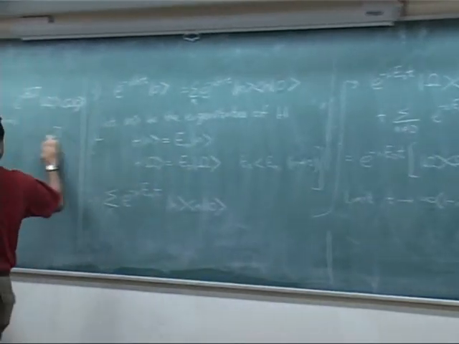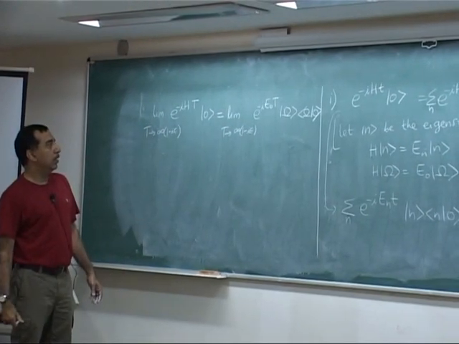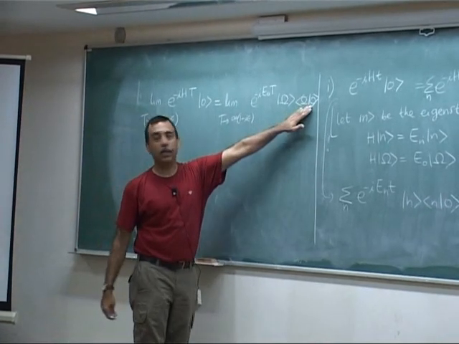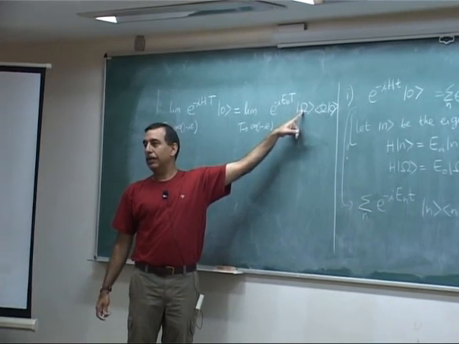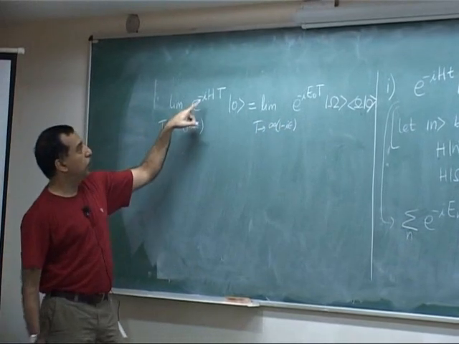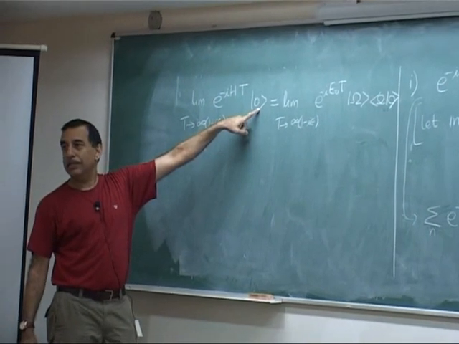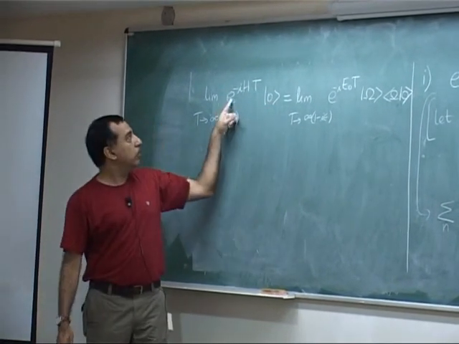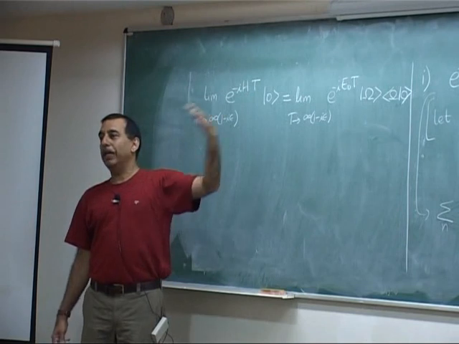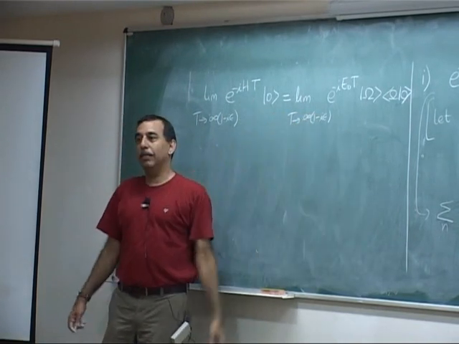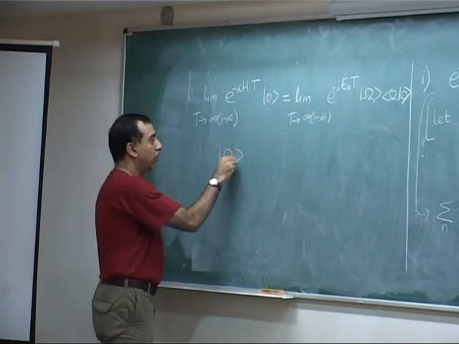Now, what does this relation tell us? This is just a number, but this is a vector, it's a state. What state is it? It's the interacting vacuum. This tells me that the interacting vacuum is proportional, as a state, to e to the minus iHT on the free vacuum. In other words, if I take the free vacuum and act on it with e to the minus iHT, where H is the full Hamiltonian, and do this for a long enough time, I'll end up in the interacting vacuum. It's a very nice simple physical statement. In other words, omega is equal to,